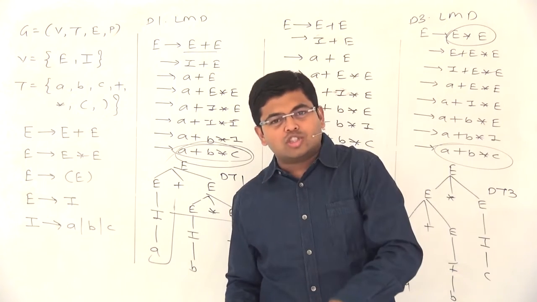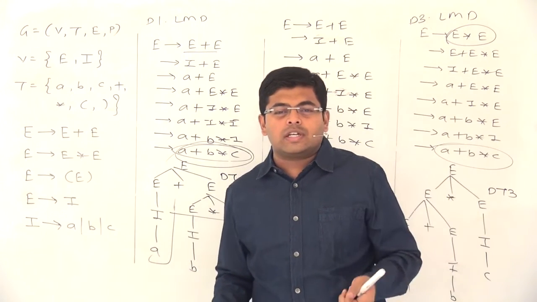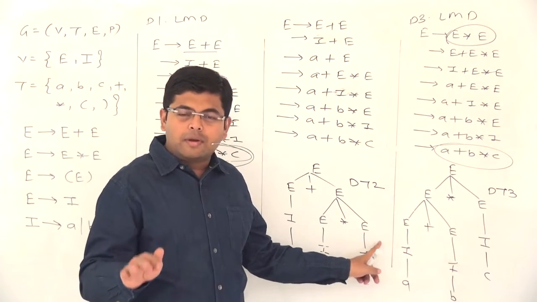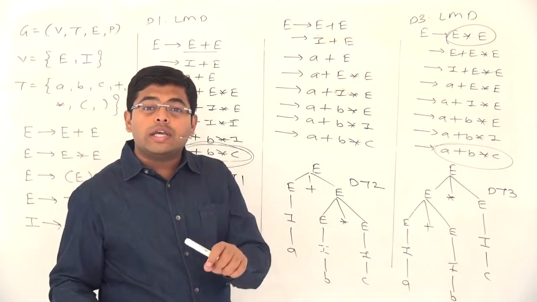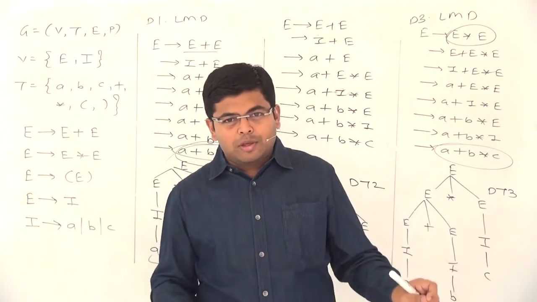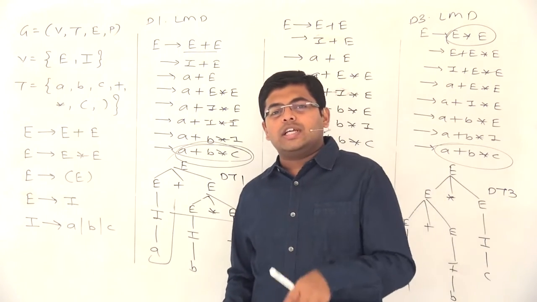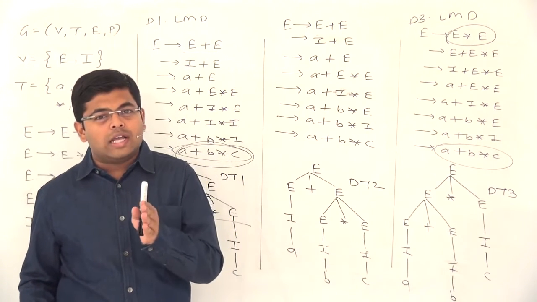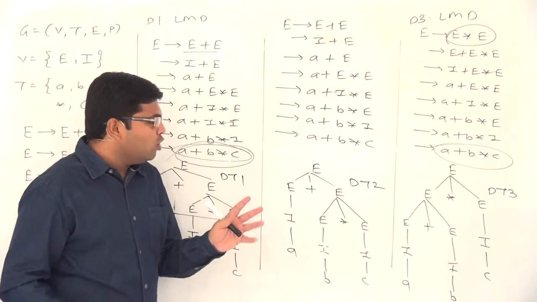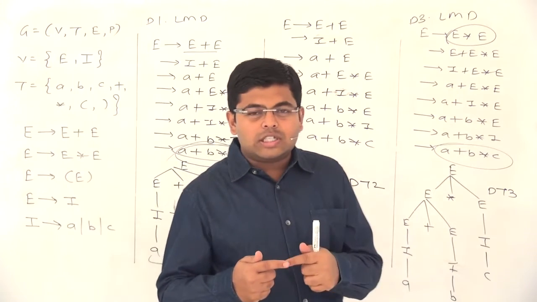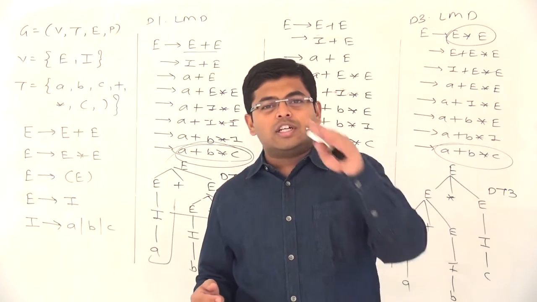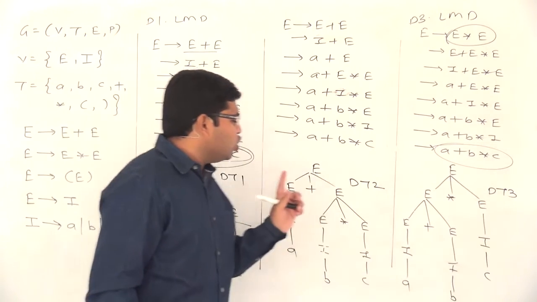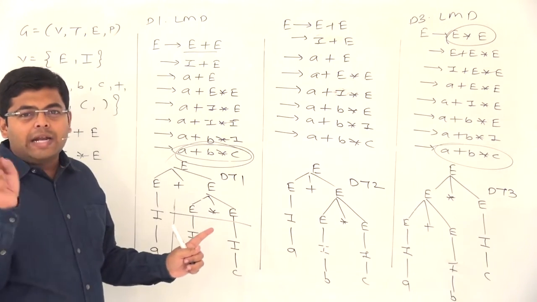Correspondingly, we will get the definitions of unambiguous grammar. And what will be the definition? Every string has a unique derivation tree, unambiguous grammar. Every string has a unique leftmost derivation, unambiguous grammar. And third, every string has a unique rightmost derivation, again that particular grammar will be called an unambiguous grammar. Now, after defining ambiguous grammars and unambiguous grammars in terms of derivation tree, LMD and RMD, let's look at these examples with an additional perspective.